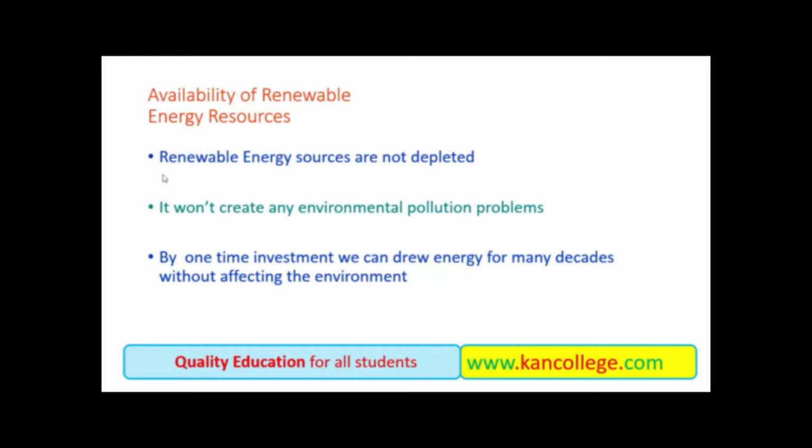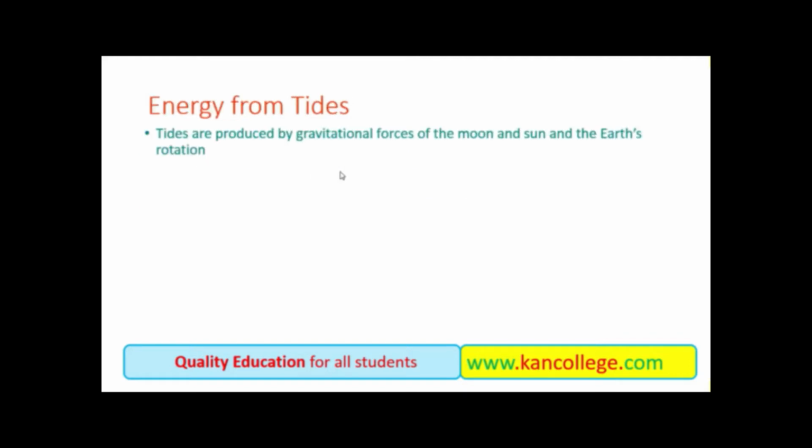So, from the definition, renewable energy resources are the sources which are never depleted on the earth, and they are continuously being produced, and so they can be utilized. These types of resources which never deplete are called the renewable energy resources. Some of the renewable energy resources we will discuss in the following slides.